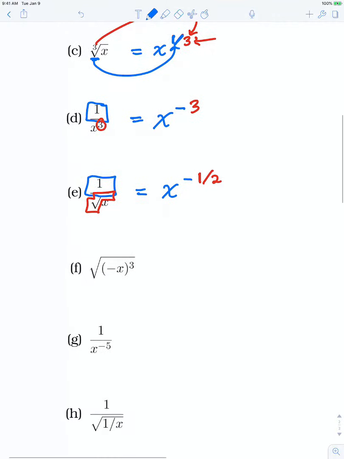All right, part F again combines two properties, or two powers I should say, not in the same way as in part E though. So let me start as if I didn't know any properties and I just see that I have a square root, which I know what that should be. It should be stuff to the 1/2 power. And inside the square root, I'm not going to do anything at this step. I'm just going to rewrite exactly what I have inside because I'm not using any properties yet. So that's just the square root